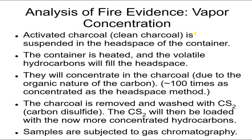So we put that in the headspace of the container. We heat the container, and the gases will get into the headspace, but they will concentrate themselves in the activated charcoal. We then take the charcoal out. We wash it with carbon disulfide, which soaks up all these hydrocarbons, and we send this CS2 solution or its evaporated vapor